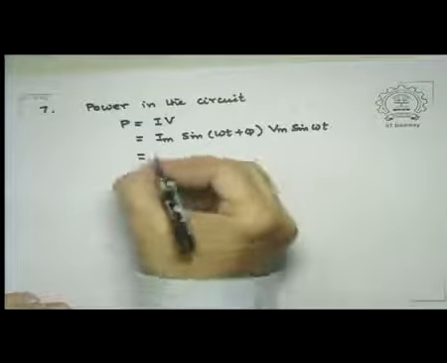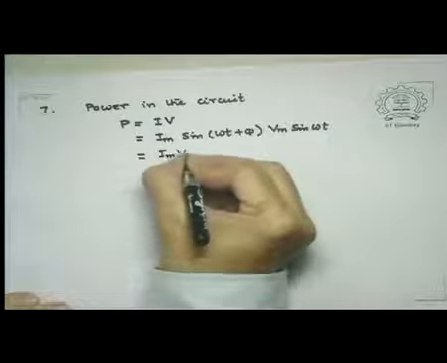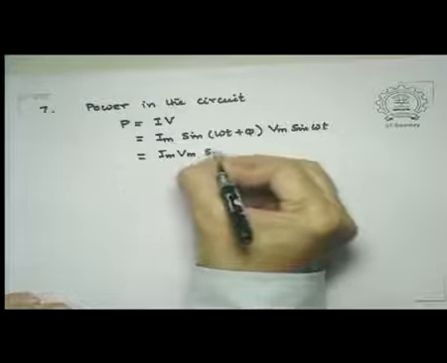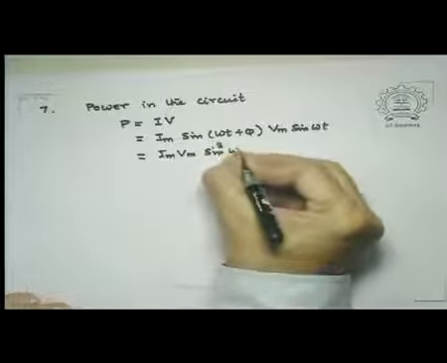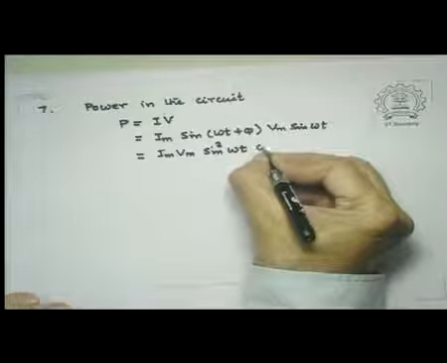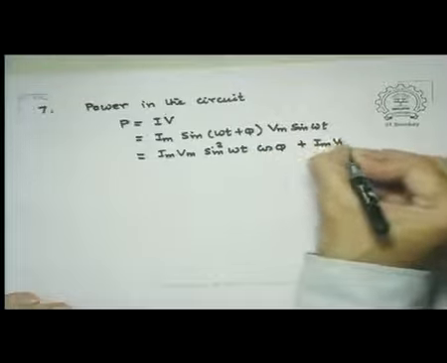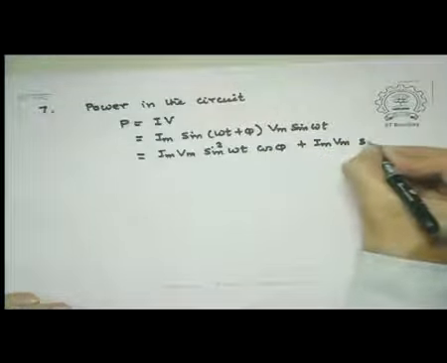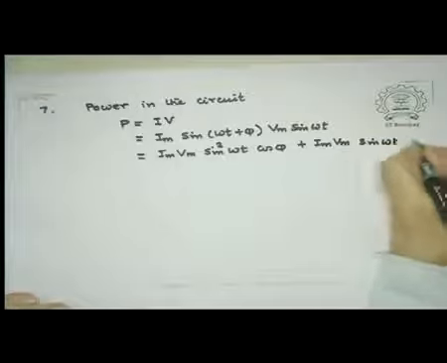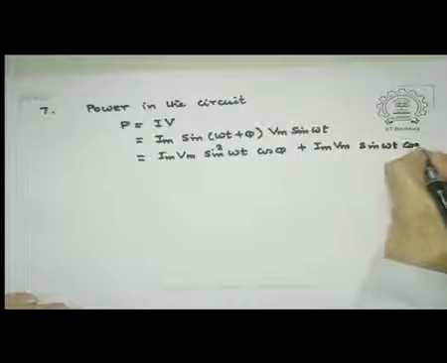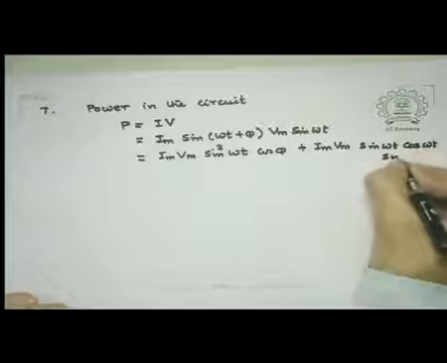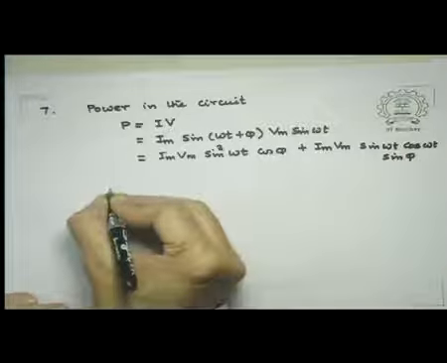The terms are Im Vm sin square omega t cos phi plus Im Vm sin omega t cos omega t sin phi. If you take the average of the power,